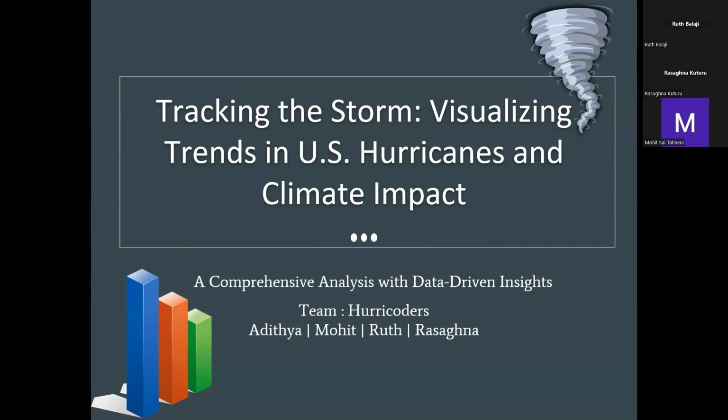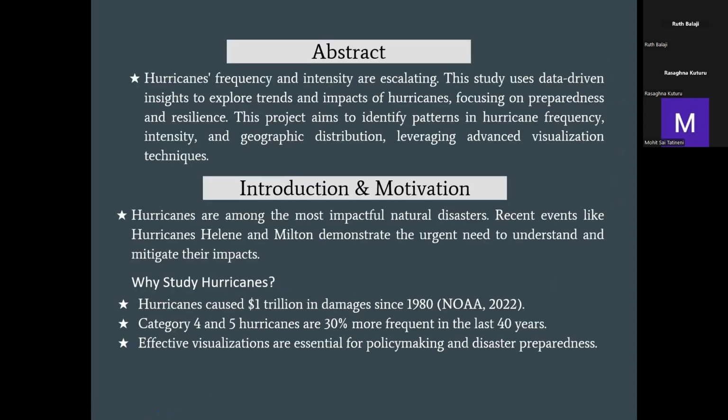Hello everyone, welcome to our presentation on Tracking the Storm: Visualizing Trends in US Hurricanes and Climate Impact, developed by our team Hurricoders. This project focuses on understanding the increasing frequency and intensity of hurricanes, their patterns and impacts using